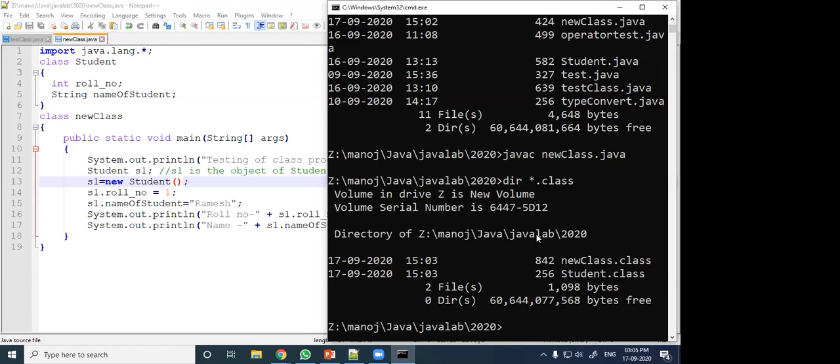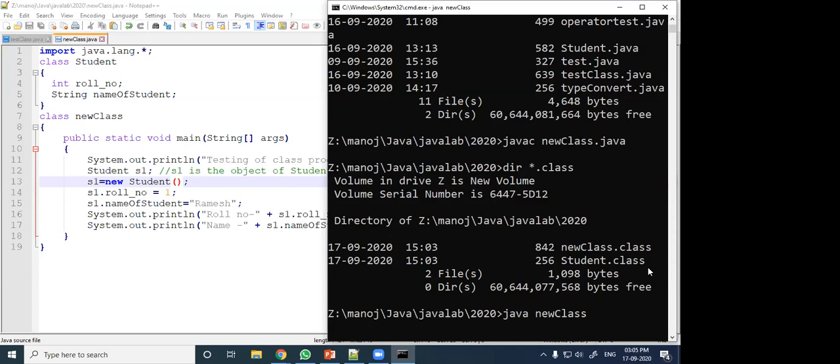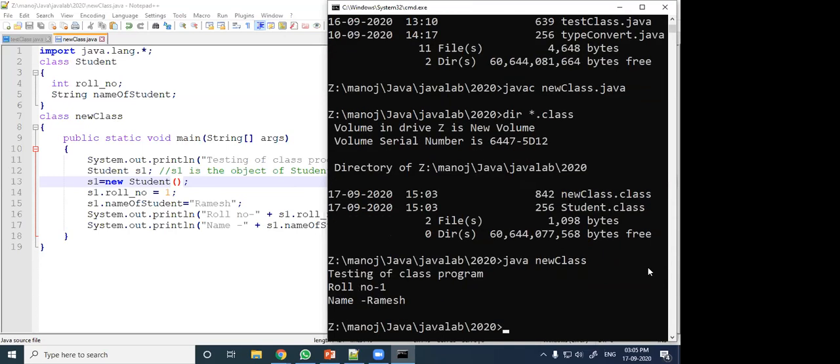But which class file can we execute? The class file which contains the main function. Here the main function is under newclass, so we should run newclass. To run, java newclass. Here is the testing of class program, roll number 1, name Ramesh.